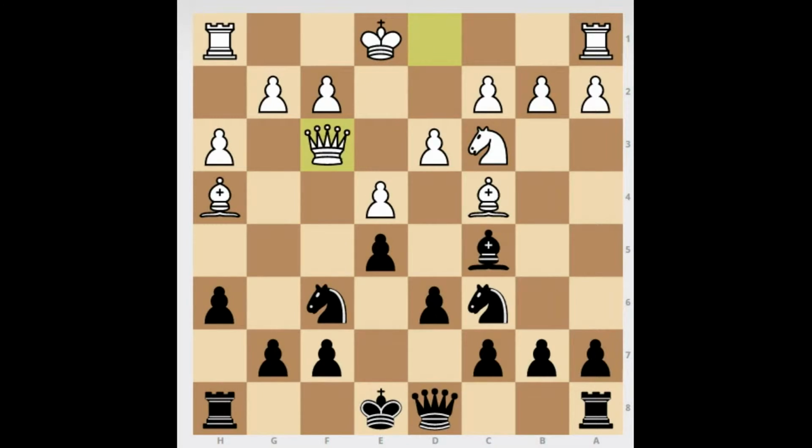Of course, I was expecting Queen takes F3. And in this line, Black now plays Knight D4. Of course, we have the same idea, but now it's with reversed colors. Queen goes back to D1, that's the only move, and now C6. And as we can see,